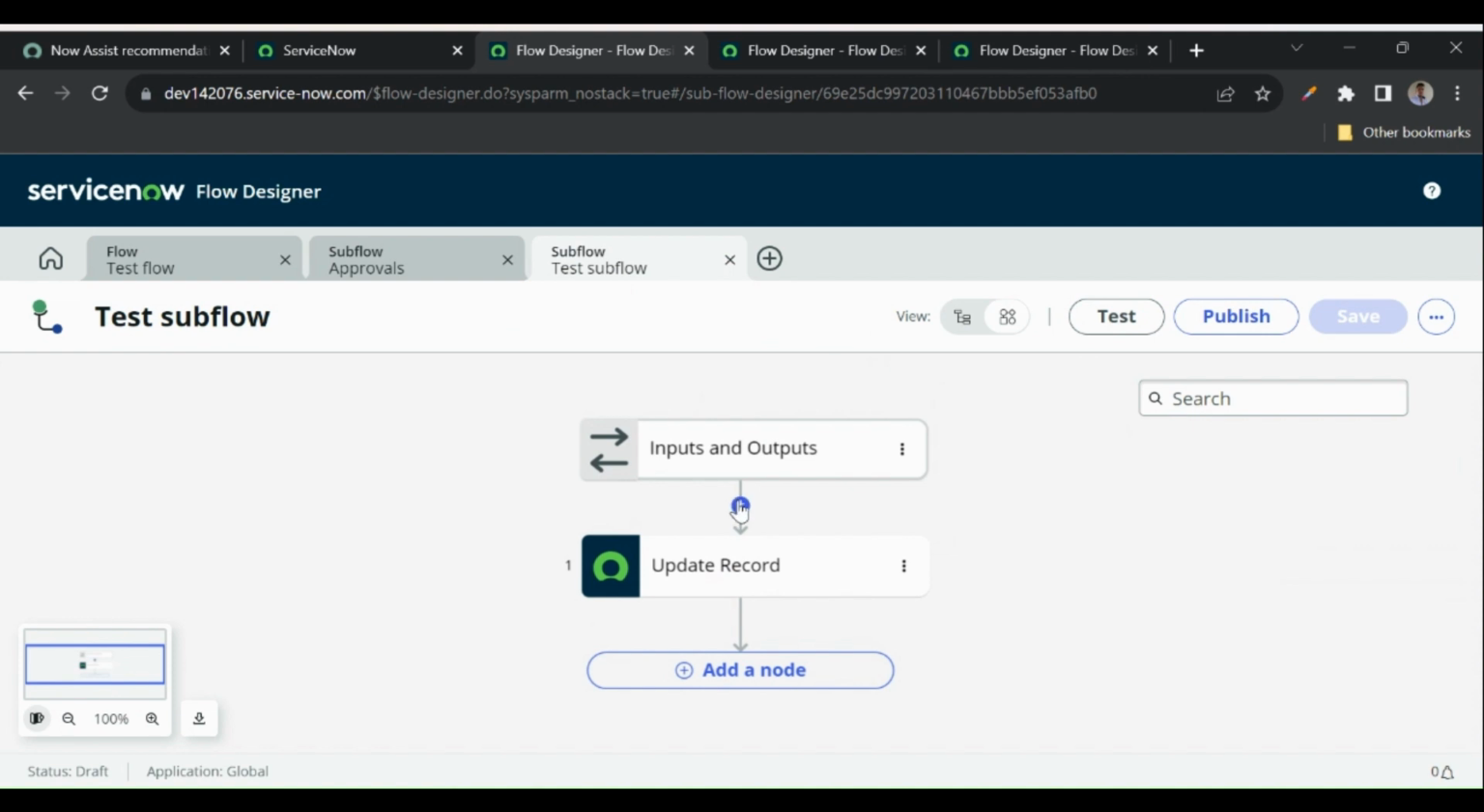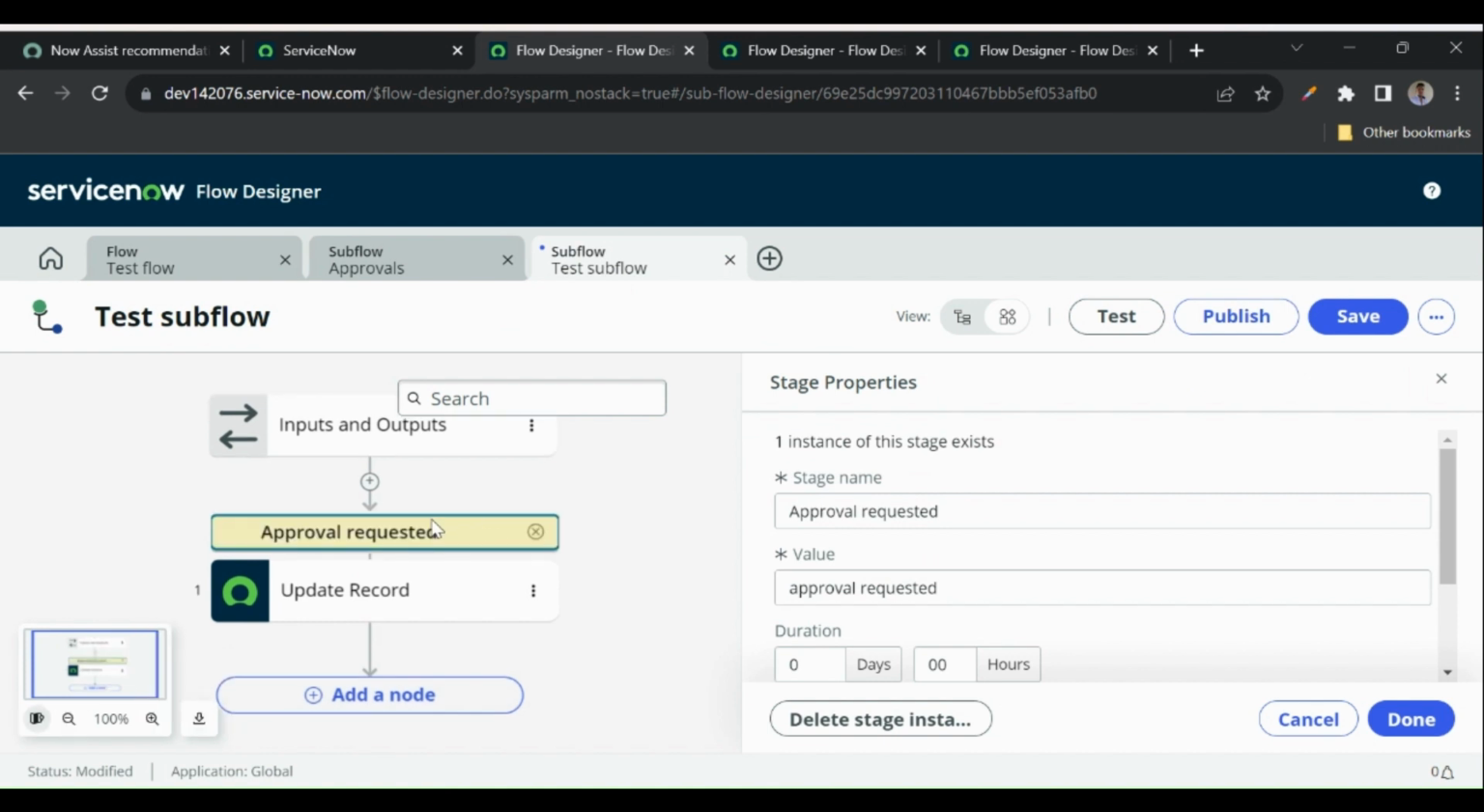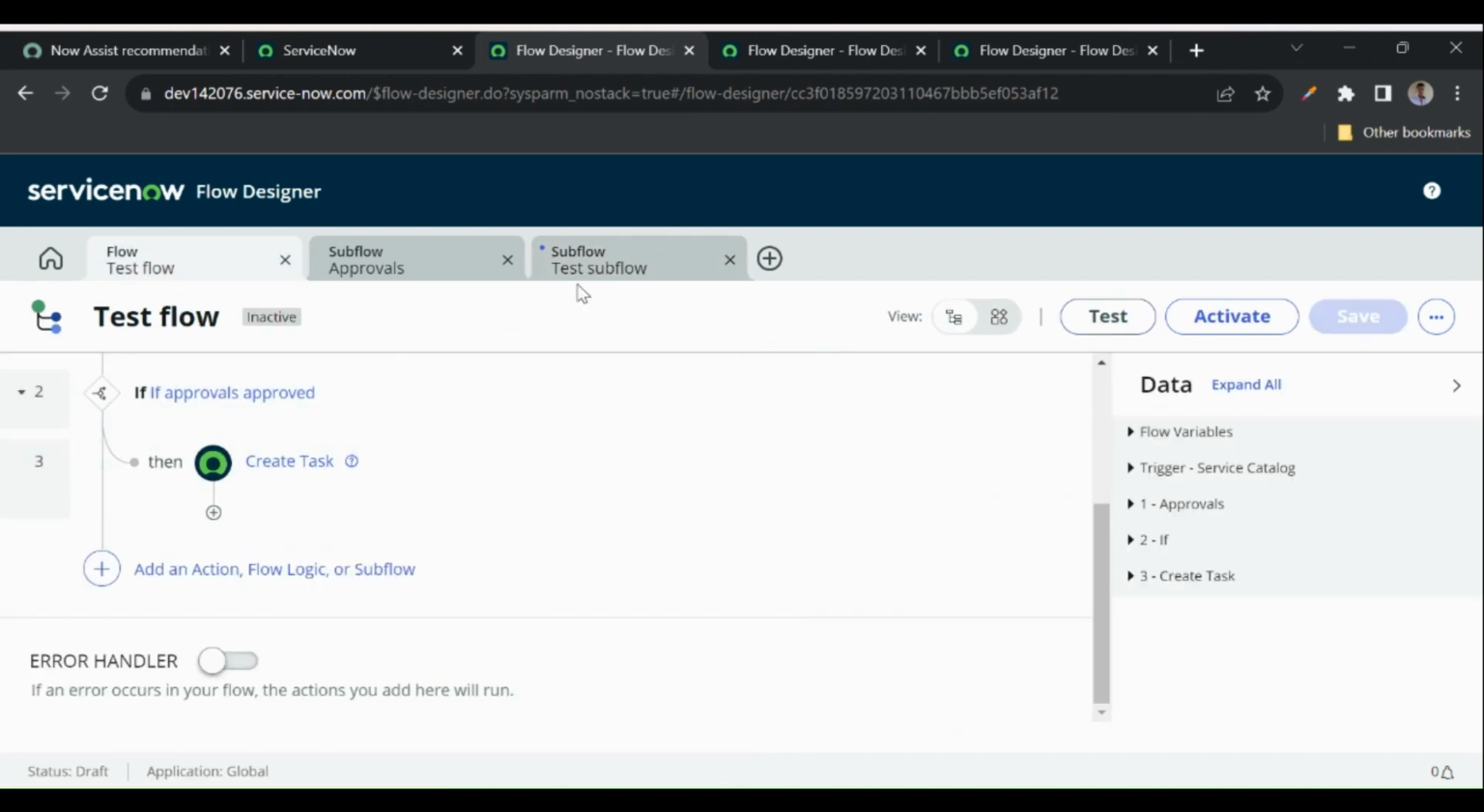Now one more change here is that we can add a stage. We don't have any stage here, so I can click on plus and add the stage here. If we are sending the approval, then I can say approval requested, and I'll say done. Let me add this approval requested. So I can add the stage throughout the flow, and throughout the subflow. Earlier we could do that only in the main flow, but now we can do that in the subflow